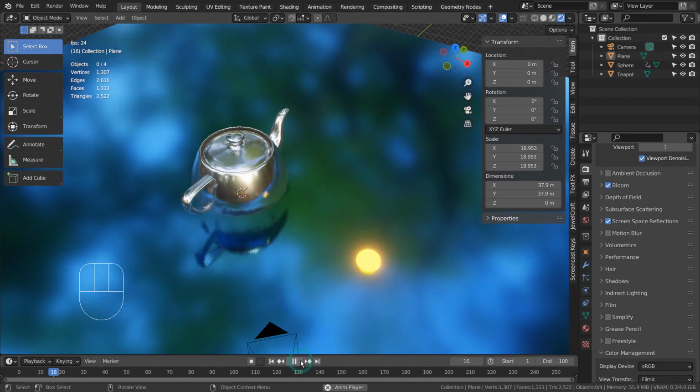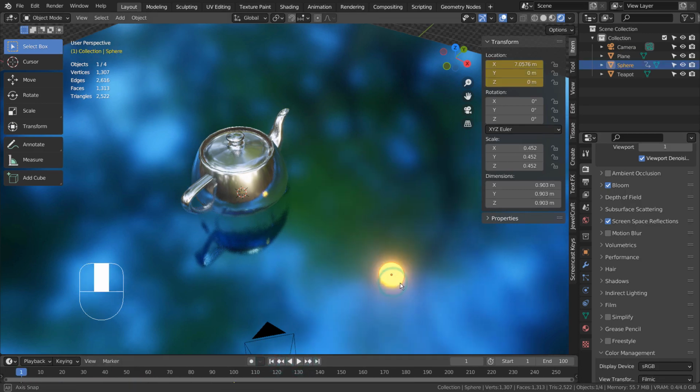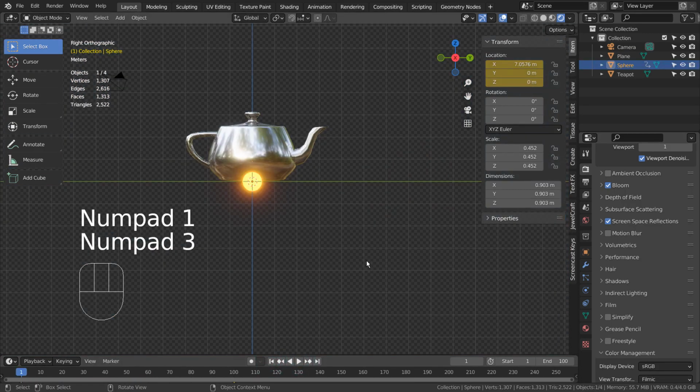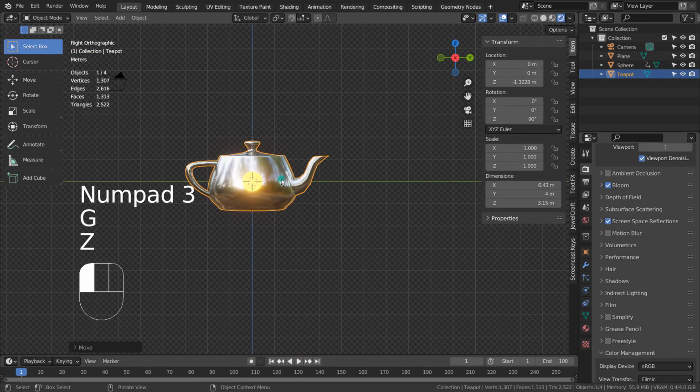Here is our basic animation. Let's move the teapot and the plane meshes down a bit.